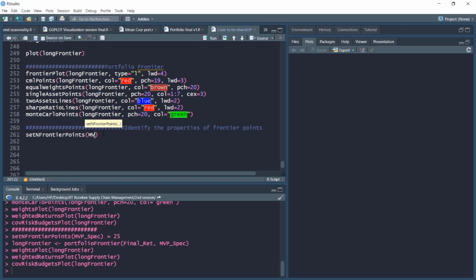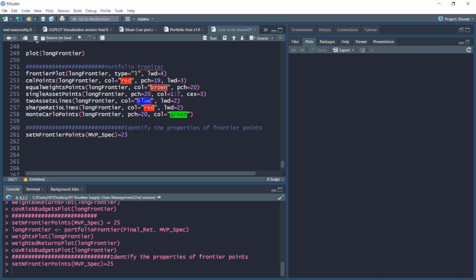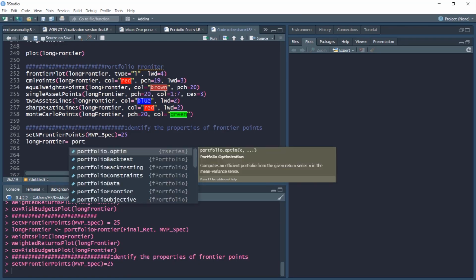And recall the name of the object in the previous video, it was MVP spec. So we'll use the same MVP spec object and we'll specify that we want to use only 25 points instead of 100. So now the specification is changed. So we'll again modify our long frontier object, which we have already created, with the new frontier point values.